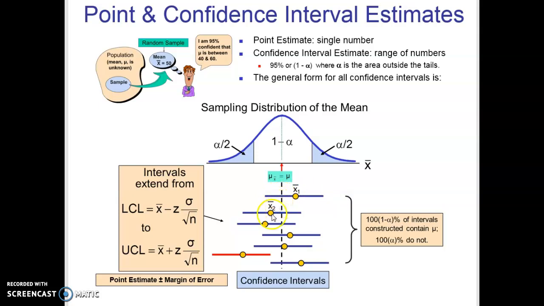What if I get this sample mean? Let's say it's 2.8. Well, again, I find a 95% confidence interval around that sample mean, get data all the way down to here and up to here, and notice the population mean is in that interval too. Then I select another sample and I get a mean here, construct a 95% confidence interval, and the population mean is in there, and I keep going. And most of my sample means are going to have a 95% confidence interval that includes the true population mean,